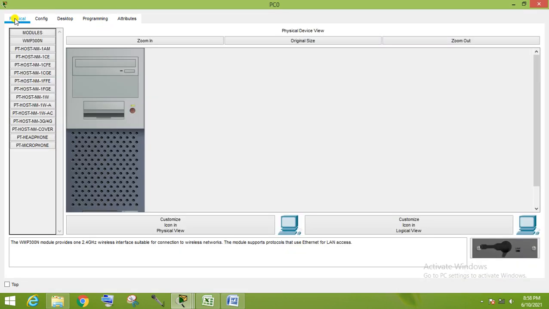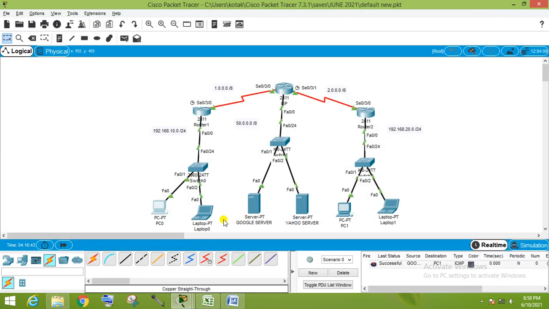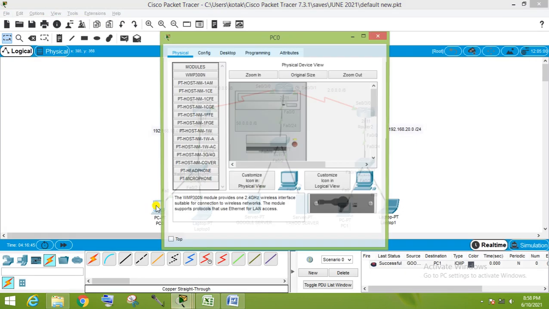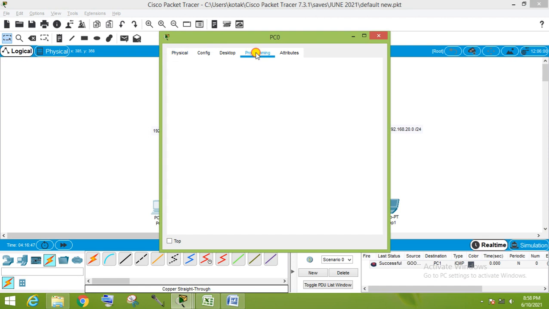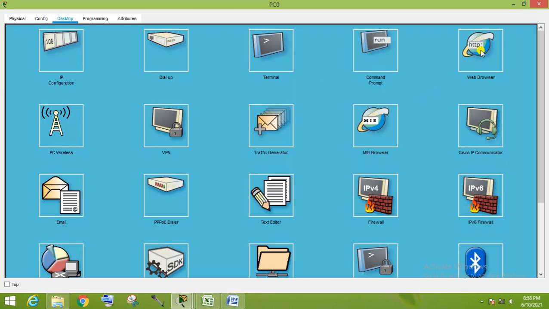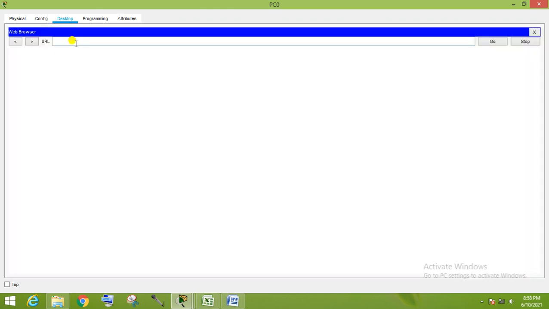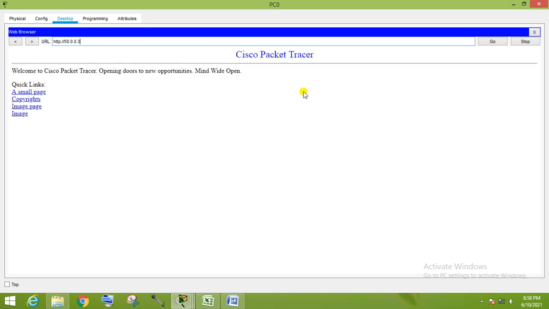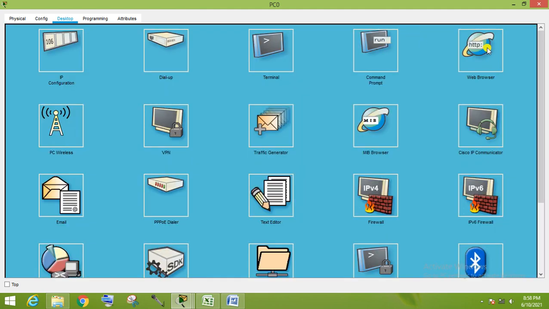And you can check with your phone also. Just go to here. There is one thing I want to show you. Suppose you are opening this one. Your Google server is 50.0.0.3. Yeah, the website is opening. Same thing you are opening it again.